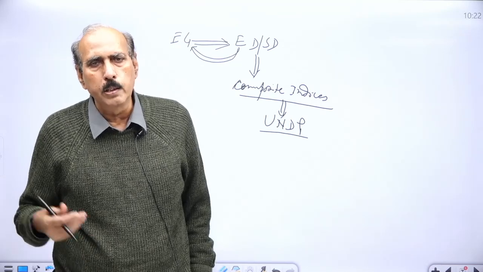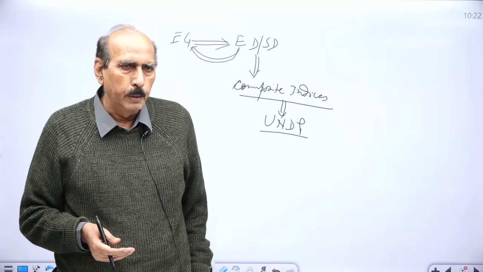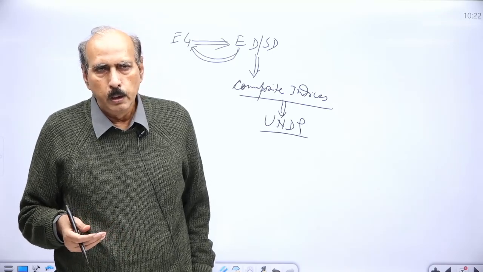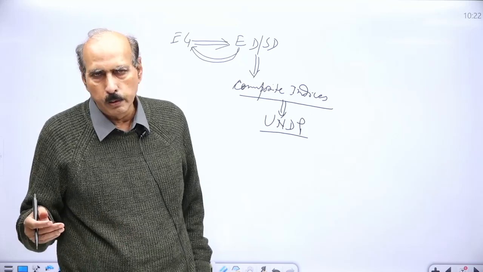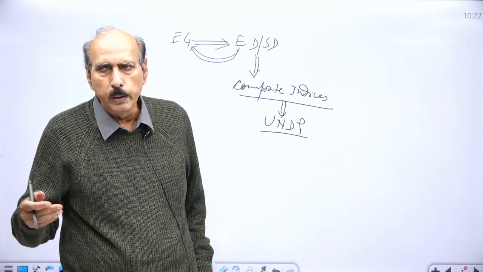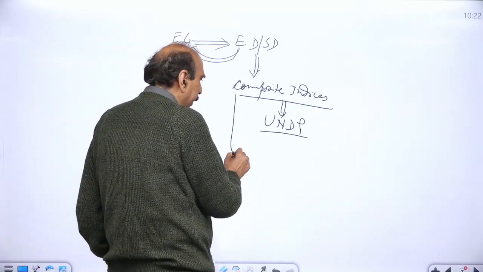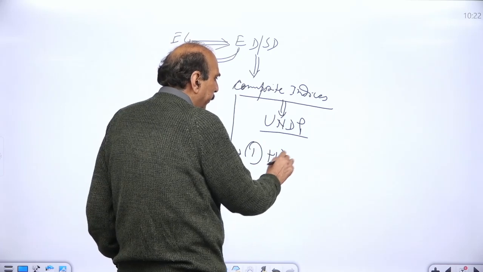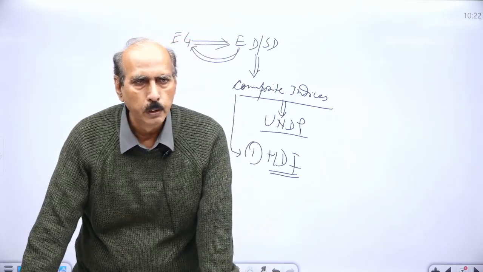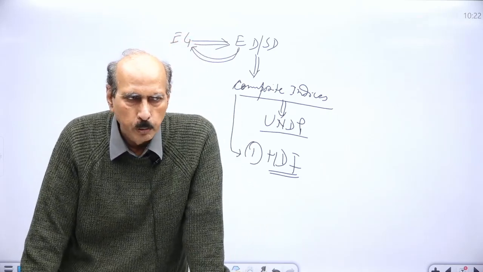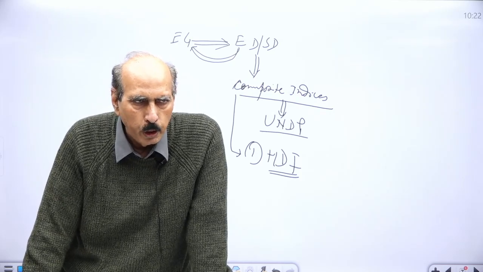And they estimate for all the countries based on the data provided by the respective countries. And they publish the report every year. Since 1990-91, the UNDP has been publishing regularly every year the Human Development Index. The first composite index which we shall be looking at is the HDI, Human Development Index. Because ultimately, the purpose of economic growth is to improve the social welfare, improve the human development, improve the